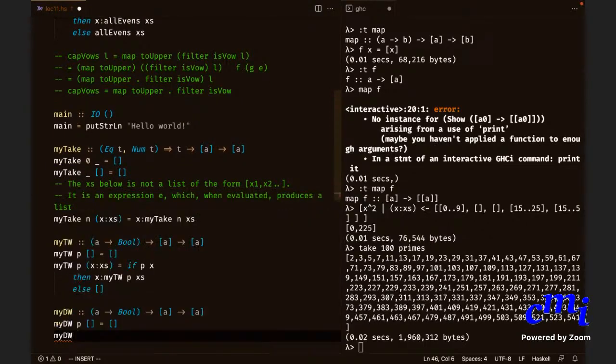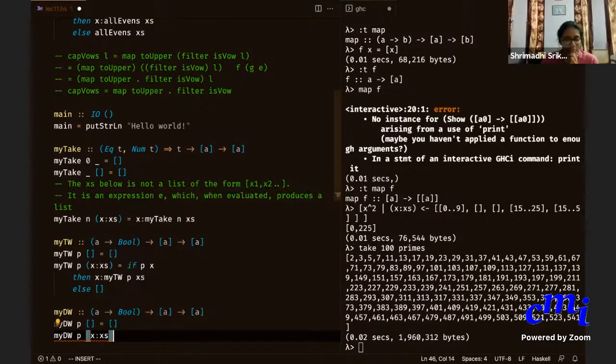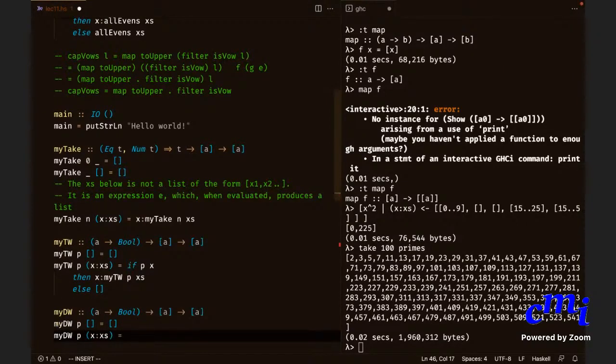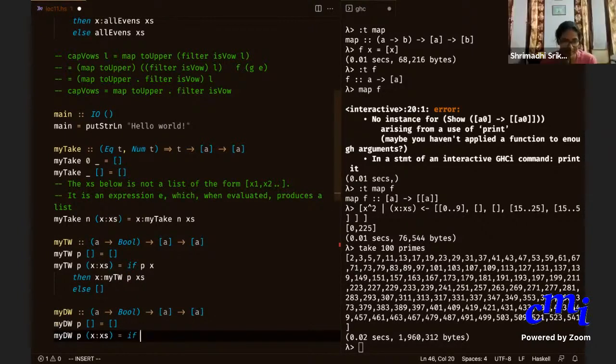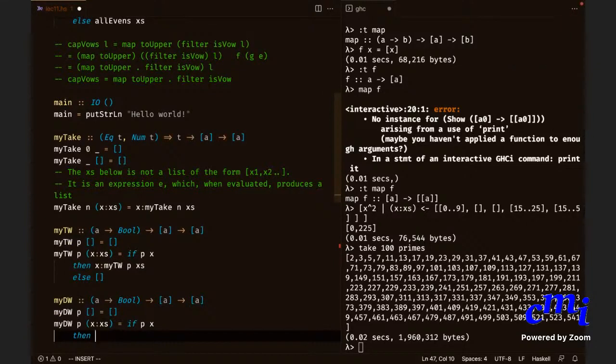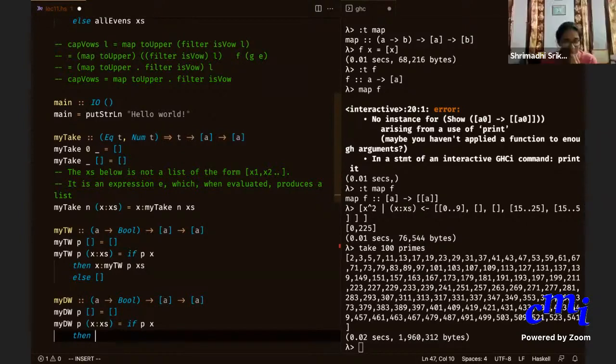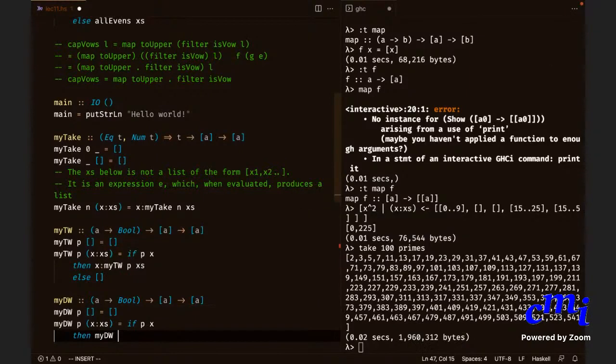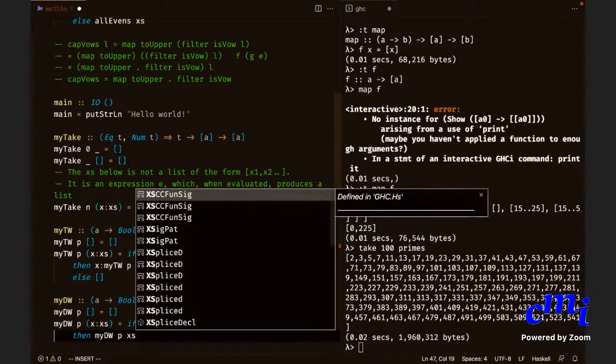Can you tell? My dropWhile P of x colon xs is, if P x, then you have to drop it. So dropping it means what? So then you just do dropWhile P xs. Exactly. dropWhile P xs.